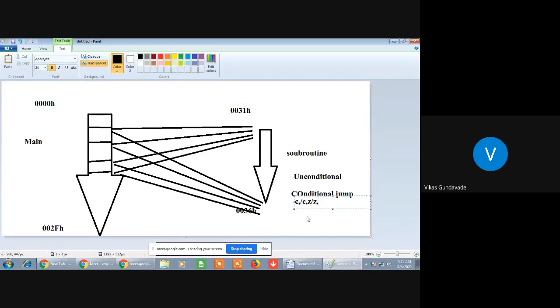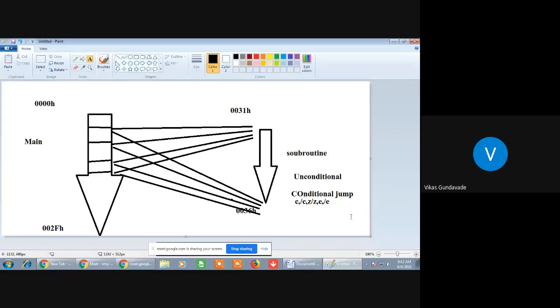Then another condition is whether the result is positive or negative, that means whether the number is even or odd. So such conditions are available in the PSW register.